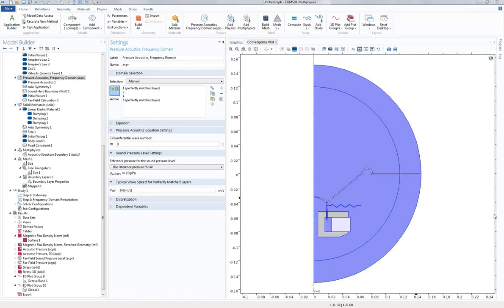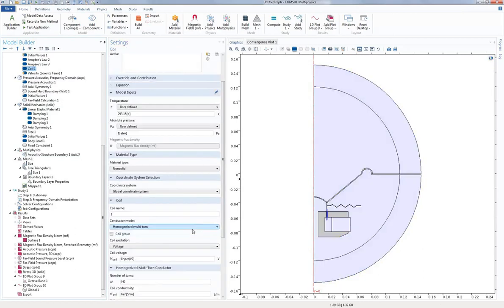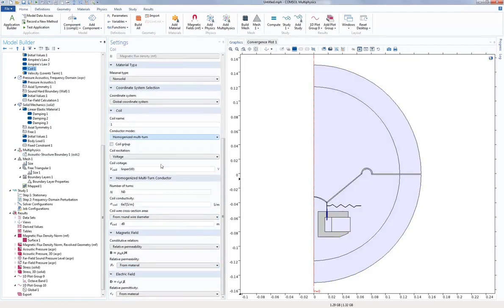Oh, there are very, very long questions here. Let's see if I can find a short one. Can you sweep the performance as the coil and magnet heat up? Yes, that's a great question. Indeed. The coil right now, if we can find that over here, has a conductivity, and that conductivity is specified